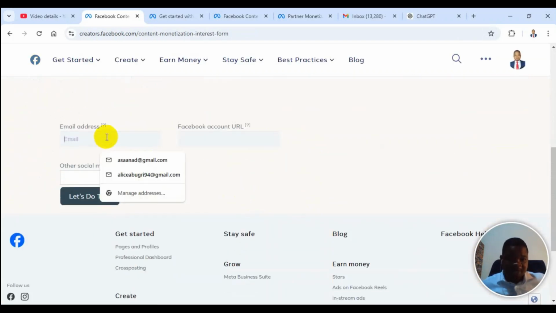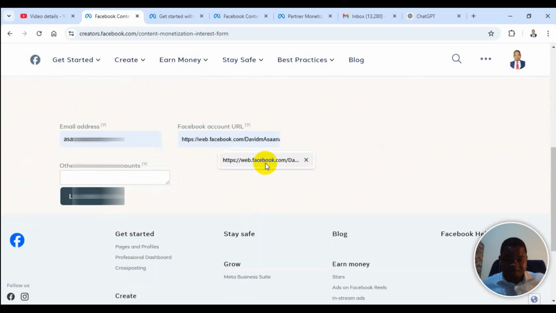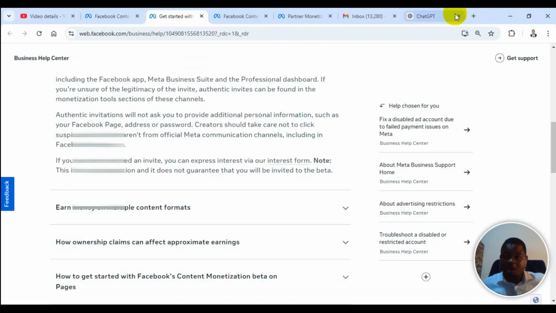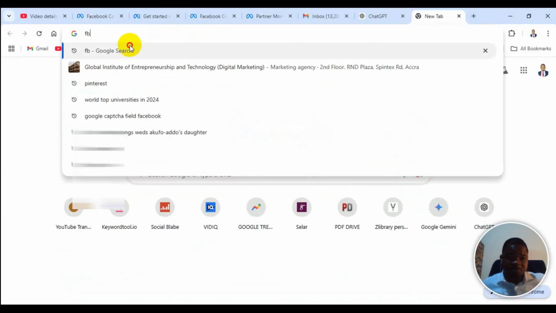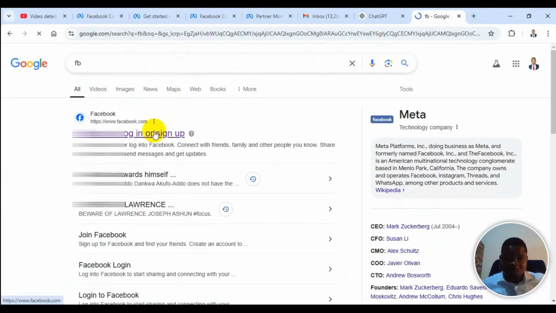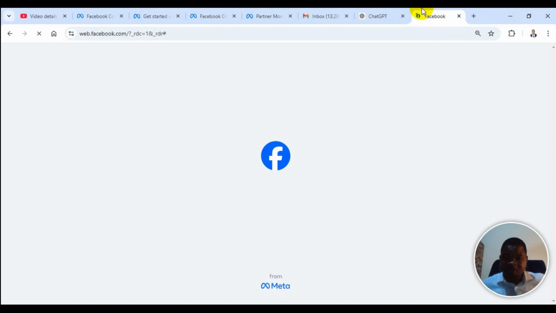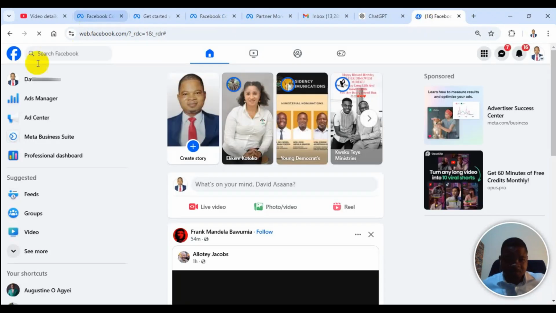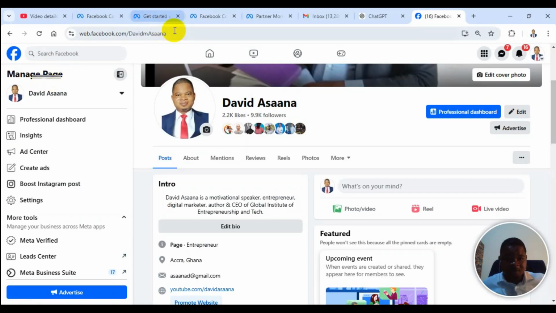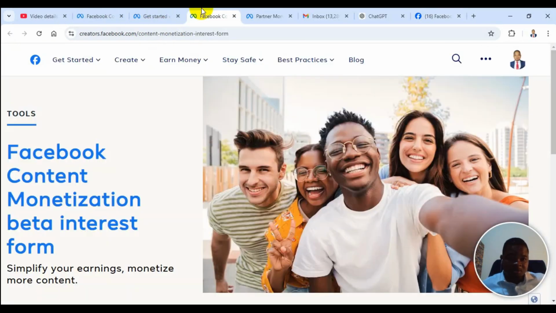You see that here they will ask you to put your email address, and then probably you put your page URL. How do you get the page URL? For those who don't know, you can go to facebook.com and then copy the URL of your page. So for example, this is my page, and then the URL is this one. So you copy it, and then come and